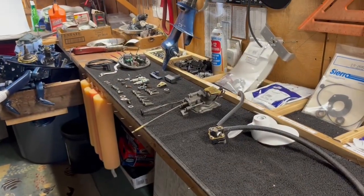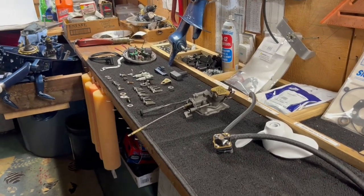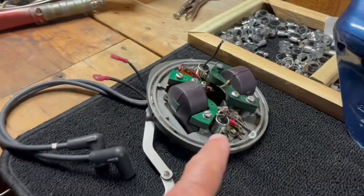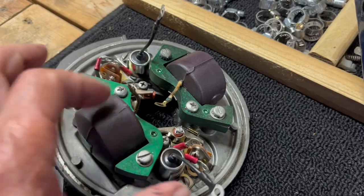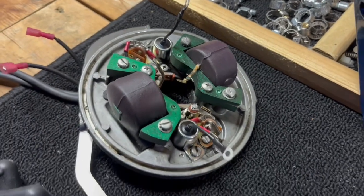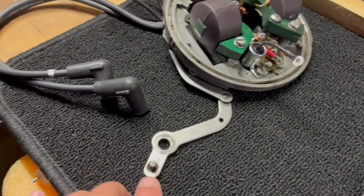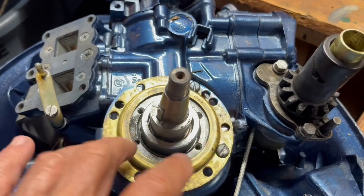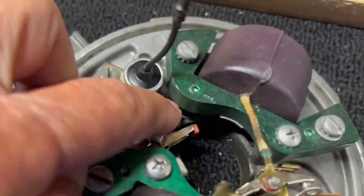All right, while the Bondo is drying on the hood, I'm gonna come back inside the shop and install the magneto. Here is the rebuilt magneto. Notice I have it terminating in the leads because I got to set the points once it gets on there. Now this magneto arm has got this pin. Once the magneto is set in, lining up with these 4 screws on the retaining ring,